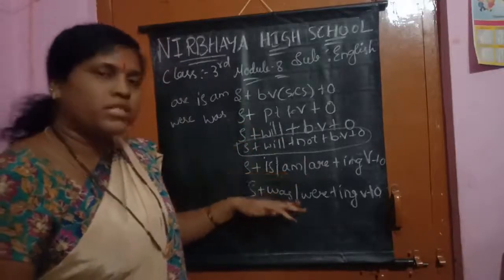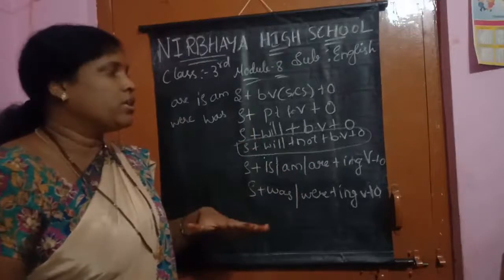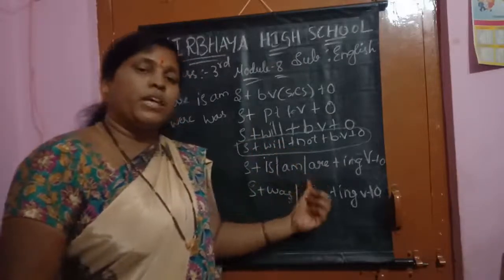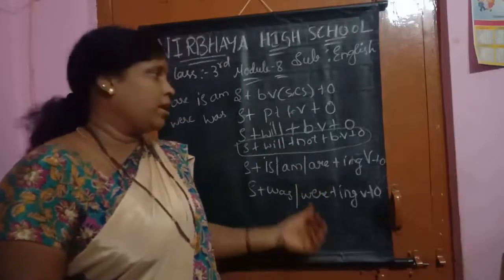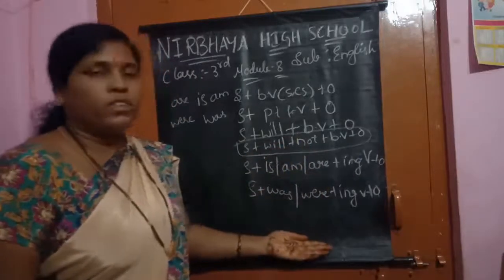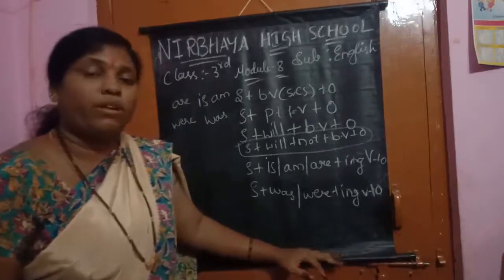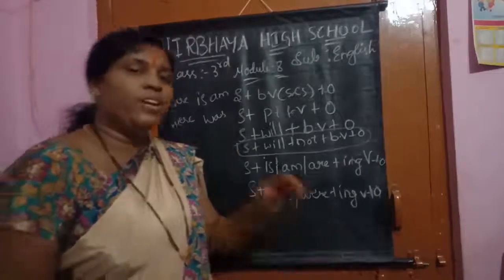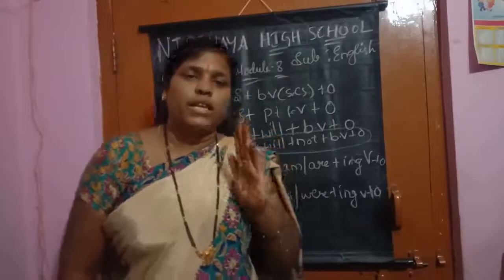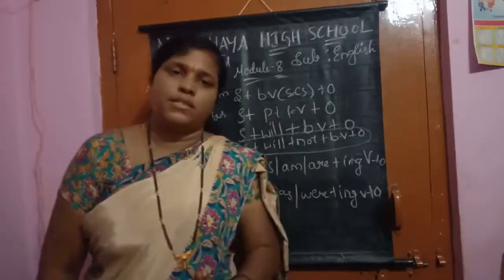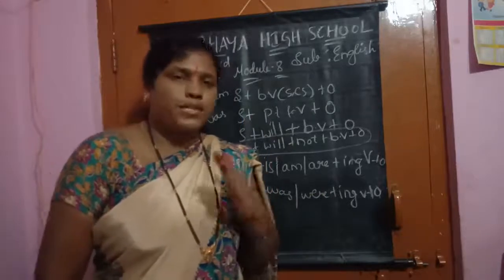Present continuous tense, past continuous tense. What have we learned today? We have learned simple future tense, present continuous and past continuous. Understood, children? Till now, with our grammar part, we have completed our tenses. It is a very, very important topic. In tenses: simple present tense, simple future tense, simple past tense, present continuous, past continuous tense.